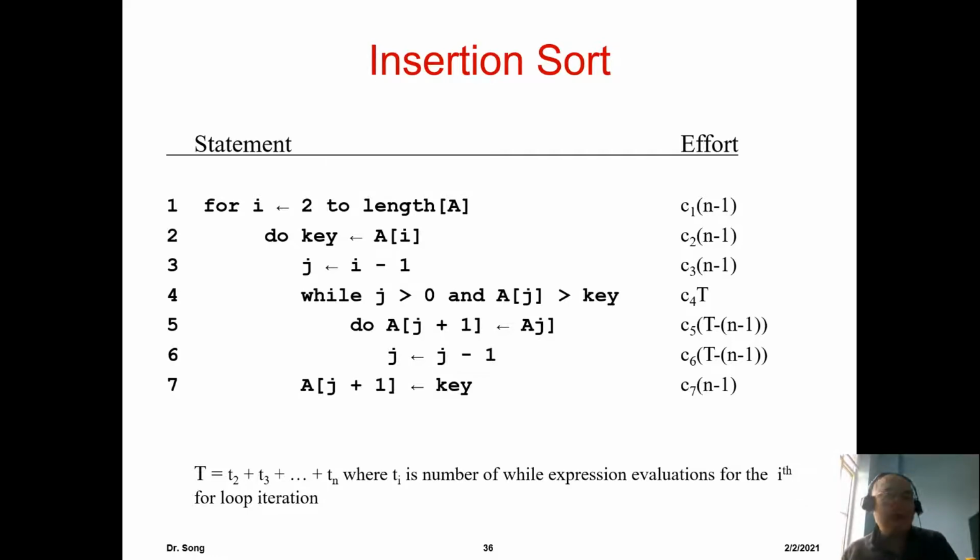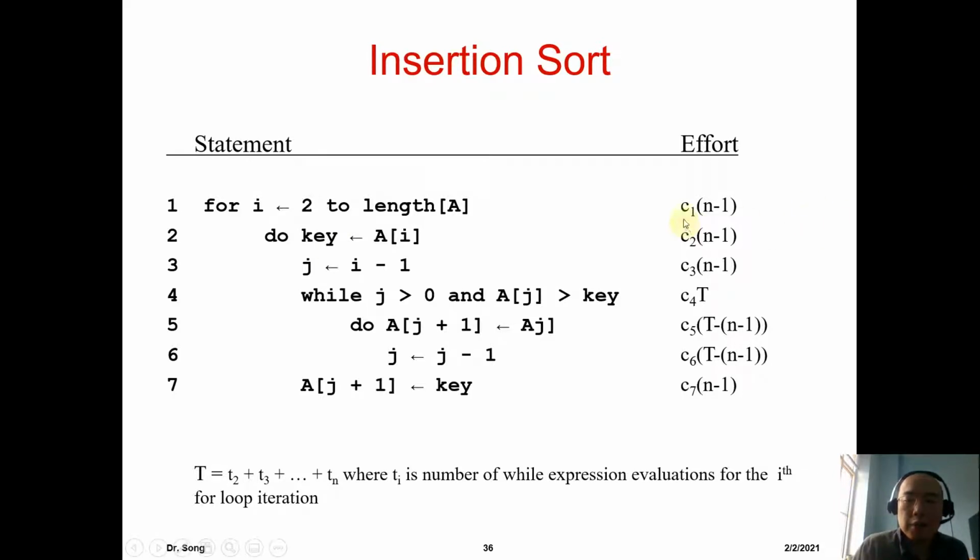But usually, in the average case at least, we are going to run line 5 and line 6 for some number of times. Right? Okay, so this is a high-level understanding of the insertion, and then we assume that for each line of the code, well, they are all primitive steps, and then for each line of the code, we assume there is a cost